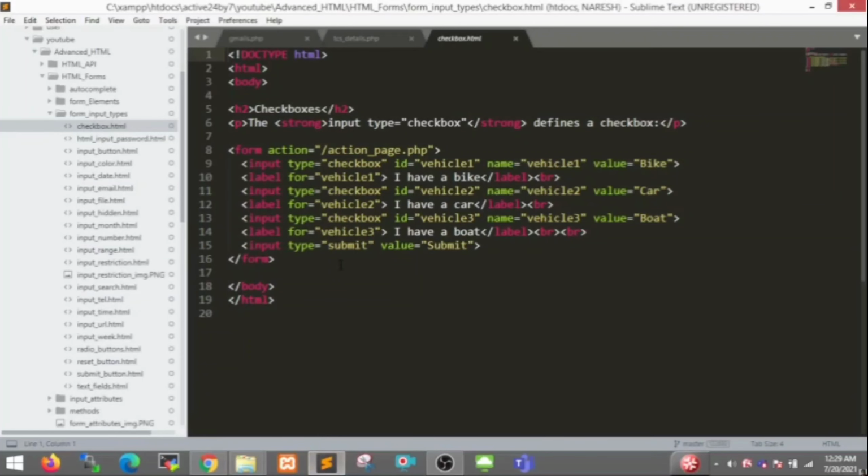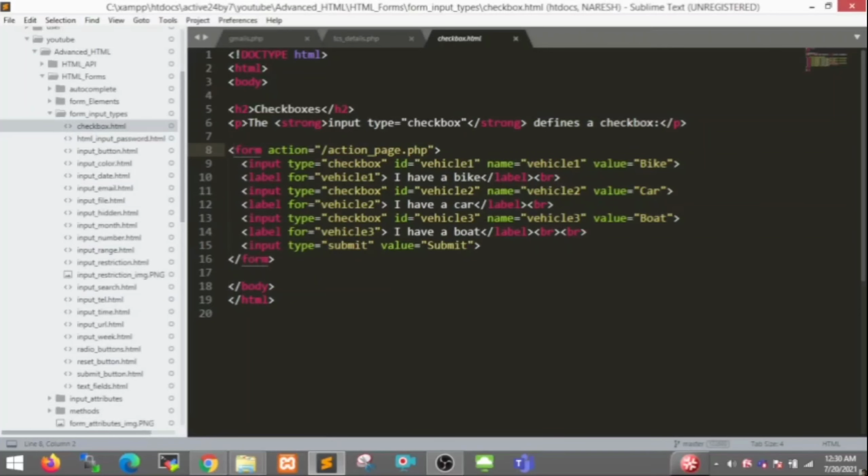First I took the checkboxes concept. Here I defined one form, input type checkbox, id vehicle1, name vehicle1, value bike. And I took one label, I have a bike.